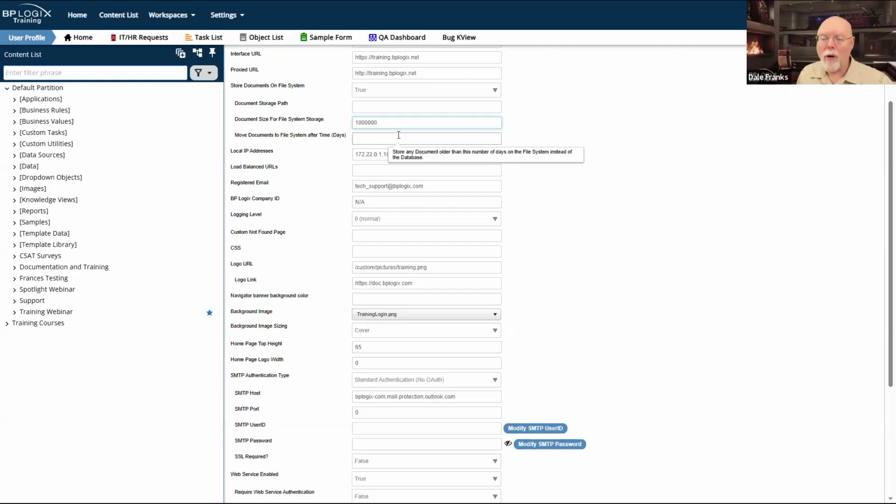For your end, you also can store stuff locally initially and then move it to the file system. If you're going to have really big files, you are going to want to consider file system storage. It's less convenient for you if you're a cloud customer. You'll have to talk with us about that because we'd have to set up that file storage for you. Happily, for your end users, they neither know nor care where the actual binaries for these files are being stored. Whether they're stored in a file system or whether they're stored in the database, doesn't matter to them.